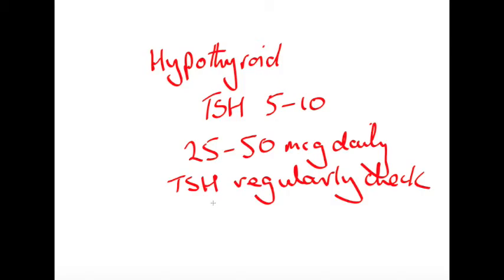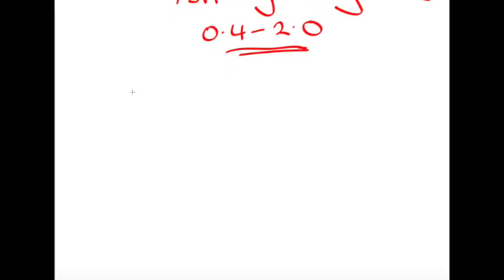Now, in the pregnancy state, what we want to try and do is aim for a level of 0.4 to 2. Earlier on, we mentioned that a level of 0.1 to 0.4 would be acceptable in a younger patient, but in the pregnant state, we need to ensure that the level remains between 0.4 and 2, so there's no adverse effect on the pregnancy or on the developing neonate. We need to ensure that TFTs are checked every 4 weeks in the first trimester,